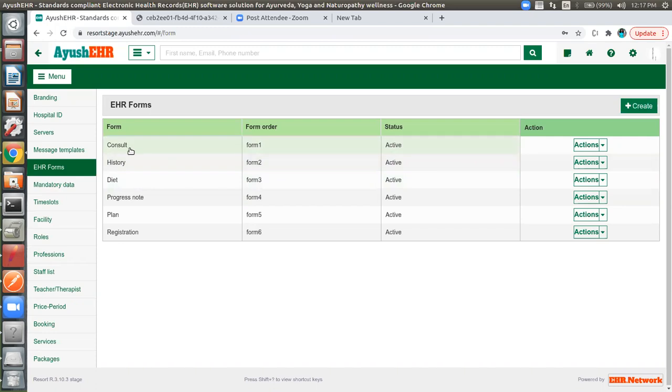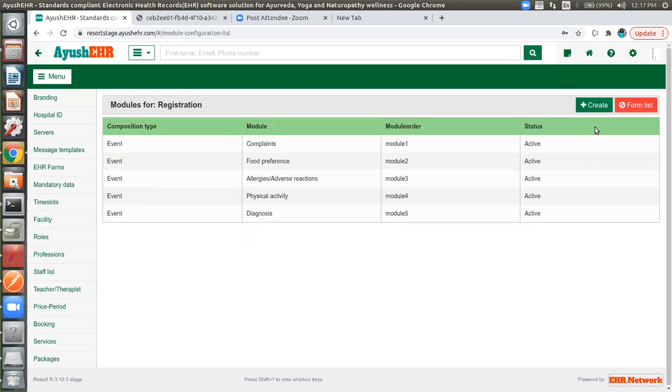Maybe another organization needs it the other way. So they can configure it by going to modules, and we have a create button here which is hiding. They can create a module based on the forms. It's not static; we can change it as per the organization. Clear?